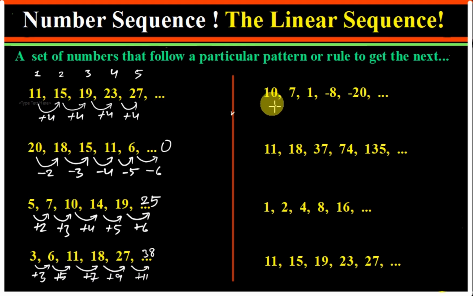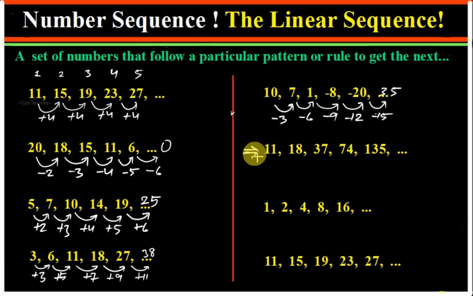Similarly, we can see here also, if I subtract 3, we get 7. And if we subtract 6, then we get 1. Now if we subtract 9, we get 8. Now if we subtract 12, then we get minus 20. And to get the next term, what do I have to subtract? So see, minus 3, minus 6, minus 9, minus 12. These are multiples of 3. To get the next term, the next multiple is what? 15. So we have to subtract 15. So we get minus 35.